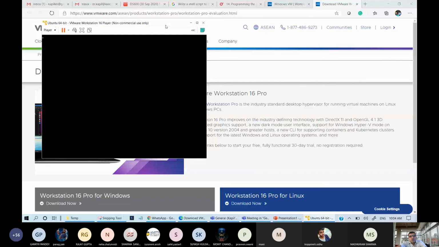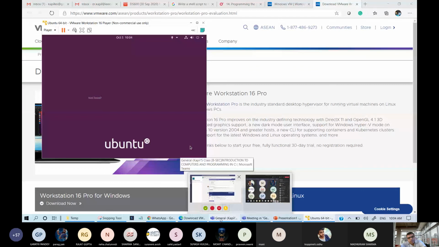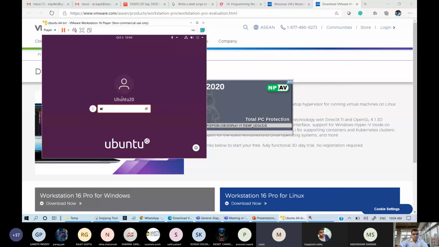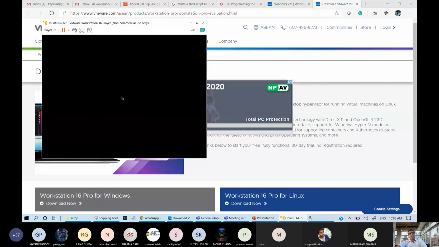For this purpose only the virtual machine is used, and this shows that it is for non-commercial use only. Okay, so I'm not using it for commercial purposes, and this is very important for computer science persons as well as other persons also. I'm typing the password here, and this machine is on now. Inside that machine you can see a lot of flexibilities. If some programs are runnable on this particular virtual machine, you can run the programs here also.